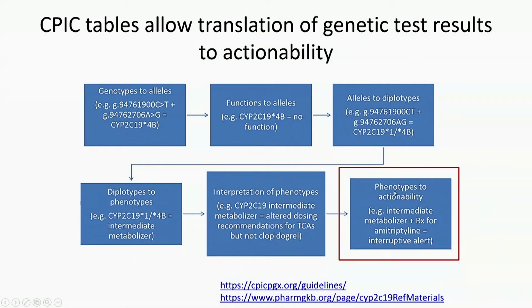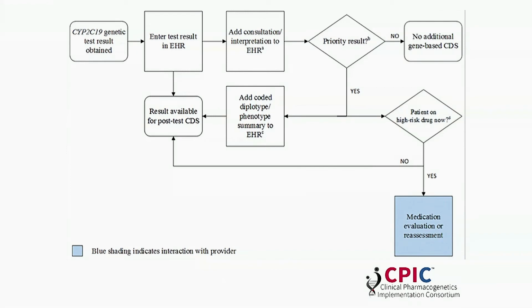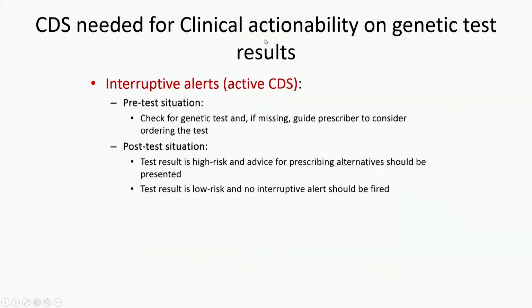So this actionability is the bottom line that we get to of how to act on pharmacogenetic test results. And again, every CPIC guideline now has example language that can be used to interpret the different phenotypes for each of the actionable genes and download it into an EHR system. We also provide algorithms for how to go through each result for each gene that's the subject for a pharmacogenetic CPIC guideline. And I'll talk for a second about our interruptive alerts, which is a form of active clinical decision